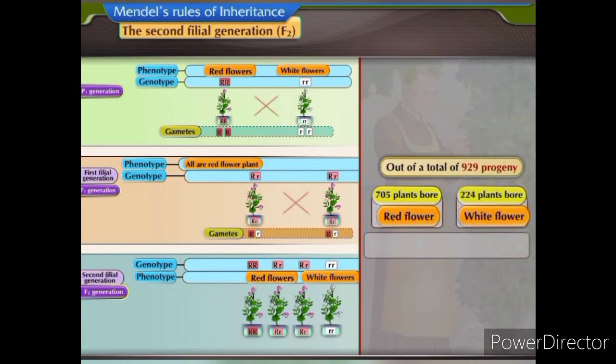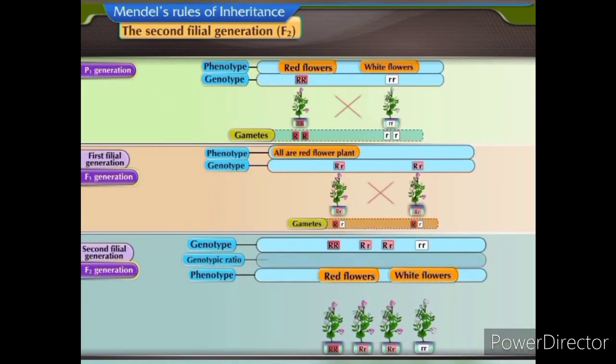If we calculate the ratio of the same, it is approximately 3 parts red to 1 part white, or simply 3:1. When we calculate the genotypic ratio, it is 1 capital R, capital R to 2 capital R, small r to 1 small r, small r. Thus,